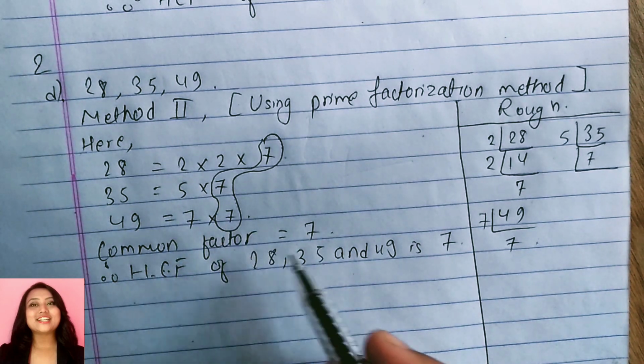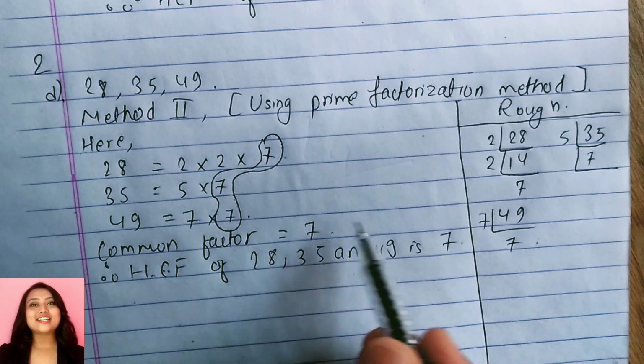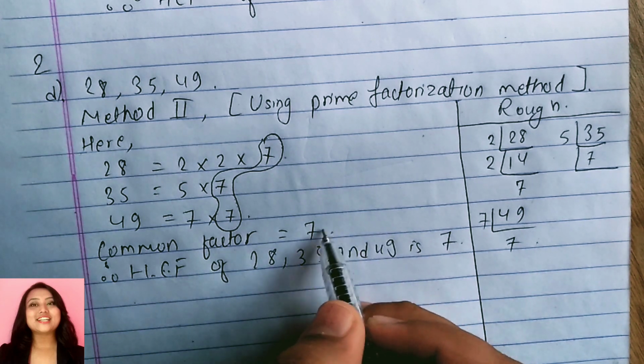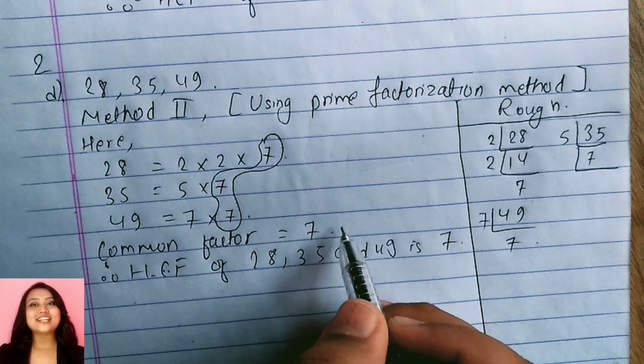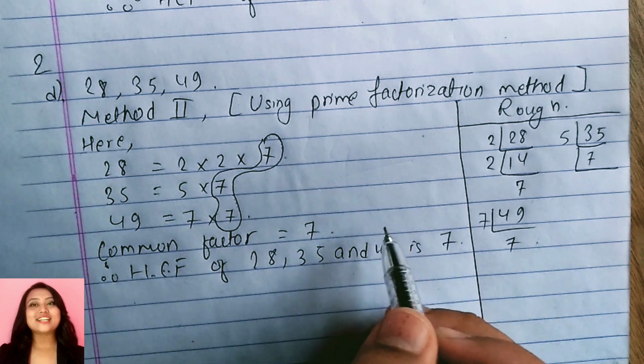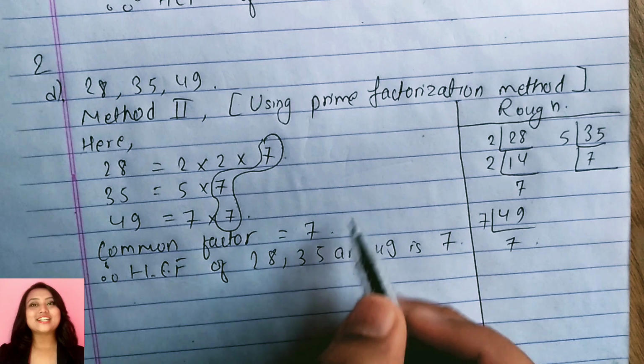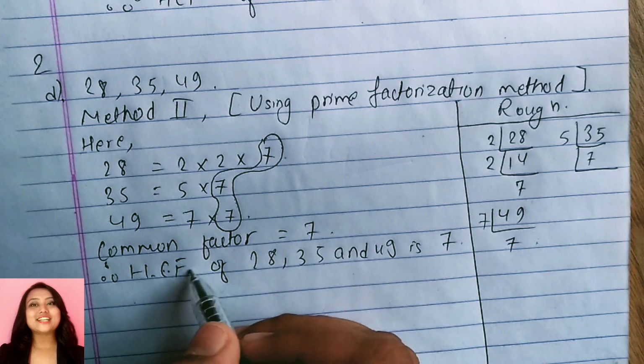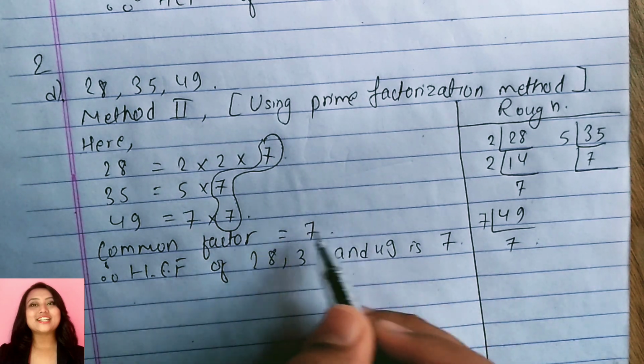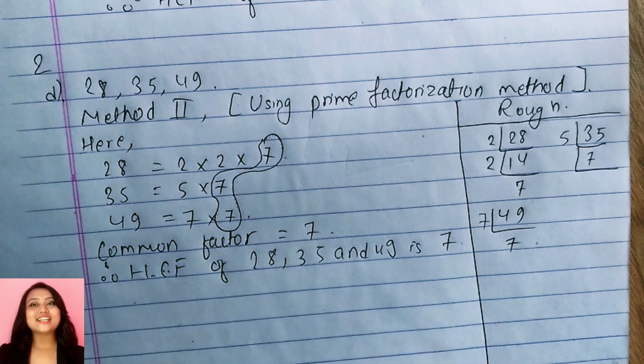prime factorization method, if the common factor is 2 or more, like 7 into 2, 7, 2 and 3 will be there, such type of common factors will remain here. Then you have to write the HCF by multiplying these common factors. I think this sort of question will come later. So let's go through question number 3 then.